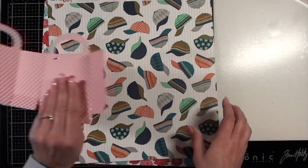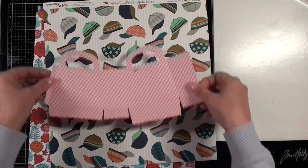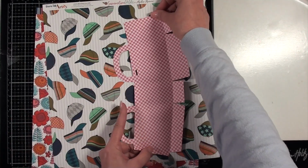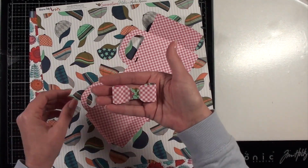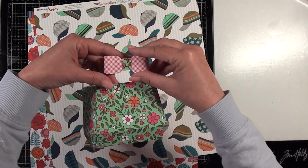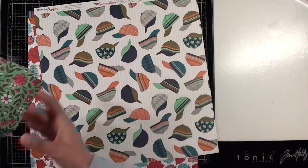and I'm choosing two different patterns, one which is more masculine because of all the little ball caps, and the second one has florals on it, and on the back side of each of those papers there is a different pattern. So depending on which side you prefer to be on the outside, you can make that choice. Like for example, this one has a cute gingham pattern, and I've already made a little paper bow that I'll